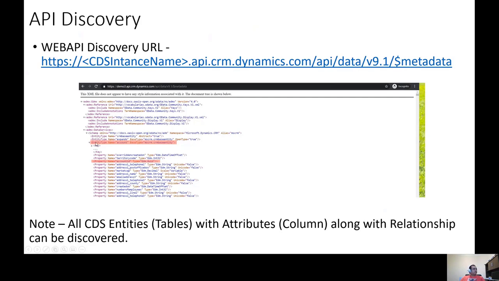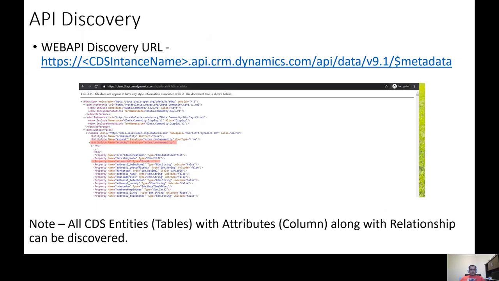So here you would see you have the entities, where an entity type is nothing but a table. Think of it as a table. It would have the name. Then properties would be the columns. So you would have various columns, right? And that's how you would access and discover your APIs.